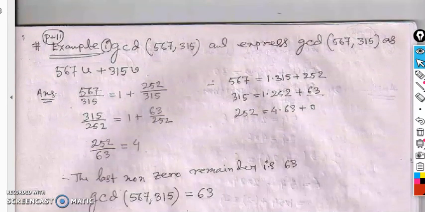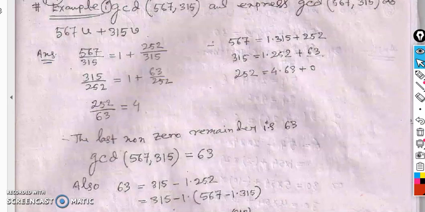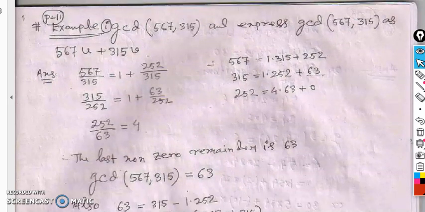This one is an example. How can I find the GCD of two numbers using the division algorithm? It's a very important step for you, and this type of problem is also very important for your examination. After the 24th we will give some practice problems for you, and we will also make solutions for this practice, and we will communicate with you in online classes next week.